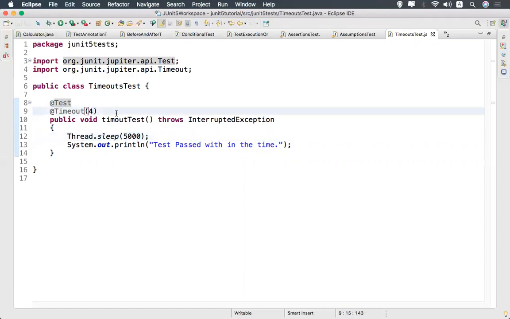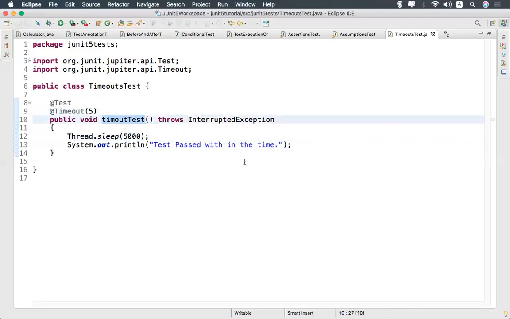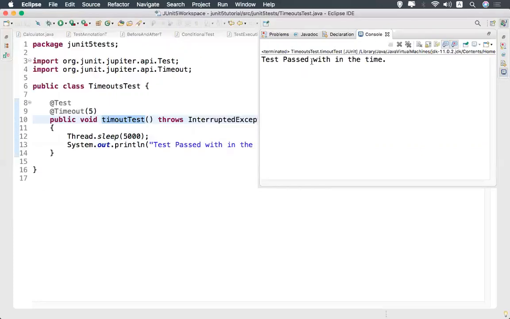Now I'll make it 5. So both are 5 seconds, though sometimes it may fail because of fractions of milliseconds, but we'll see. It is executing. You see that the test case passed. "Test passed within the time."